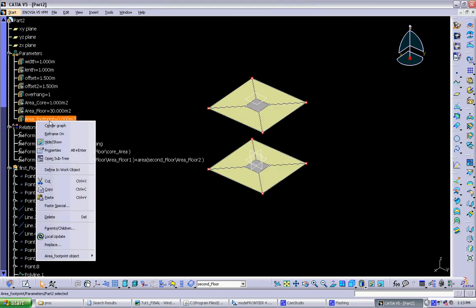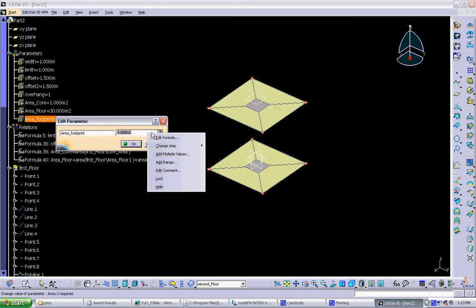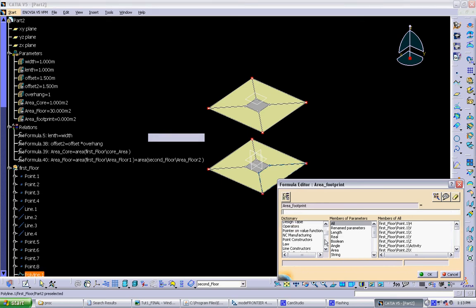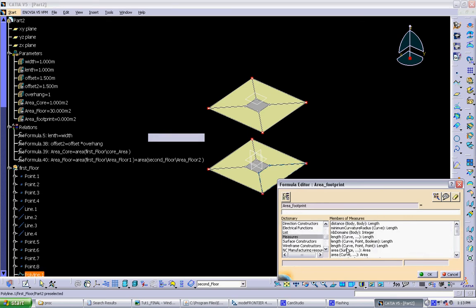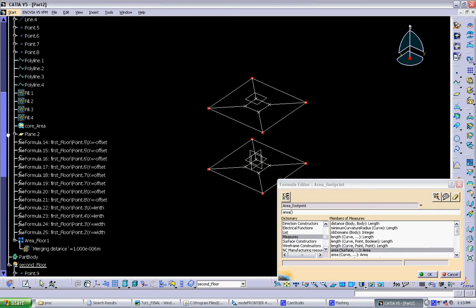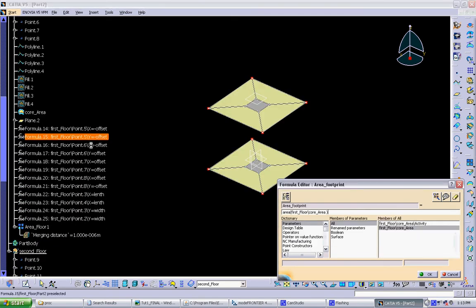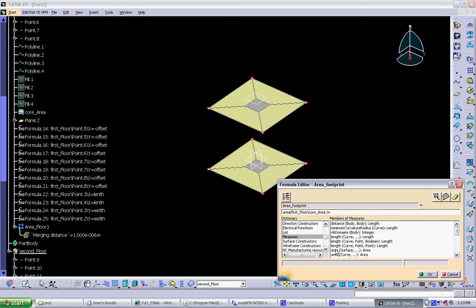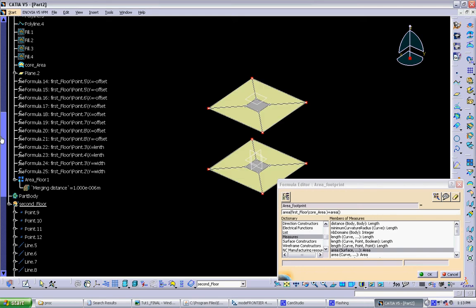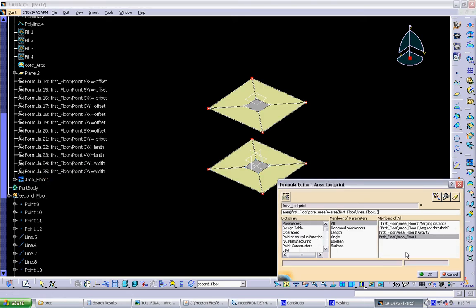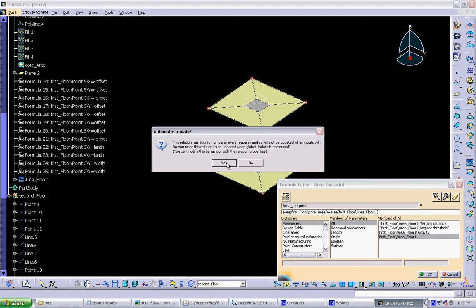Okay, and same thing again. Edit formula. Measures area of surface, and here we want to select core area, do plus area surface and area floor 1. Okay,